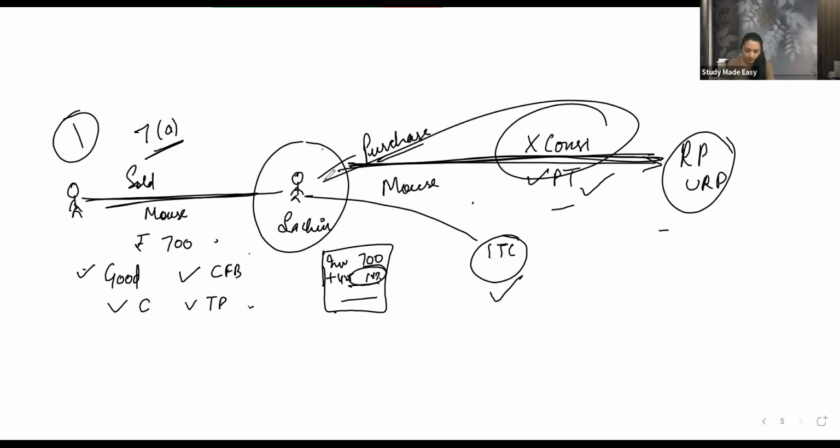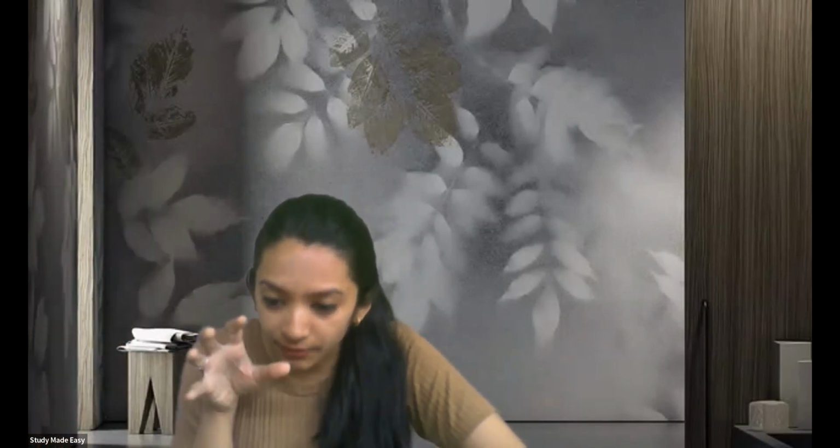Now understood? Whenever you go into the definition of supply, go into the depth. If you can understand this definition of supply, then you can understand ITC very well. So understand what is deemed. You have to write that it is deemed to be a supply as per Schedule 1. Do not directly write that it is a supply. That is wrong. Mention that it was falling in Schedule 1, and that's why it is a supply.